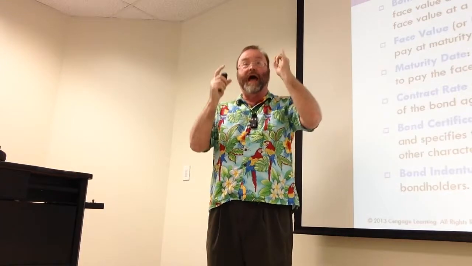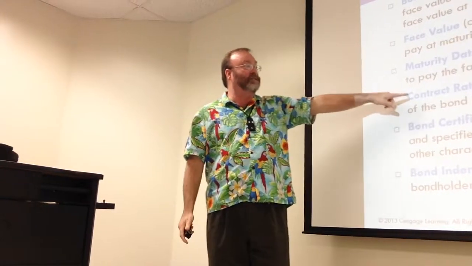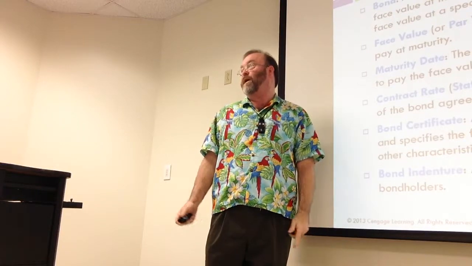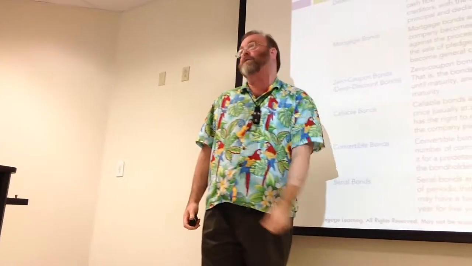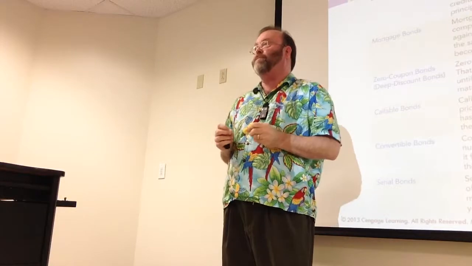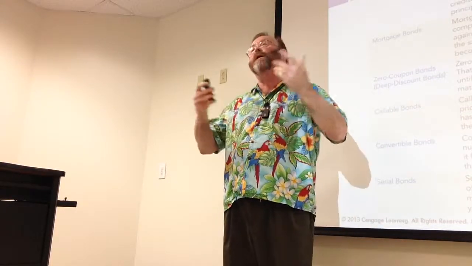All right? So the higher the risk, the higher the yield. That is not going to necessarily match what the contract face rate is. Okay? Other characteristics of a bond: debenture bonds are just based upon the creditworthiness of the issuer. They are not tied like a mortgage bond to a physical asset. Now, I don't know that Toyota floated a bond to build the Toyota plant on the southwest side of San Antonio, but if they had, that would have been a mortgage bond.